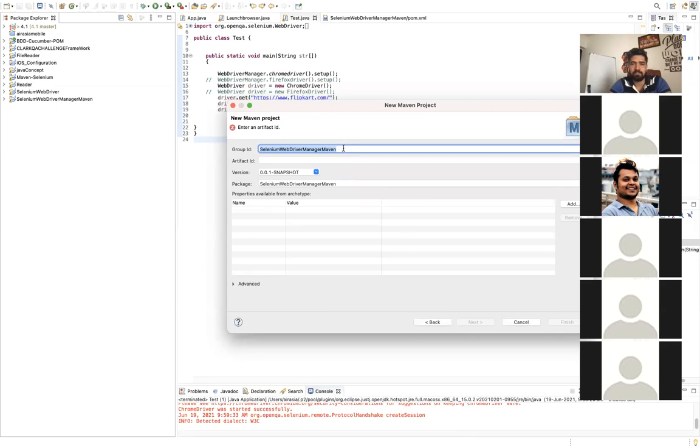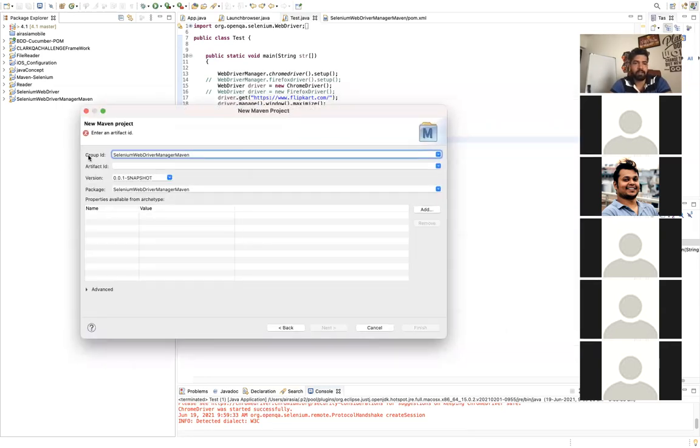After that, you have to declare two things. The first is the group ID of your project, and the second is the artifact ID of your project. You can write anything here. Let's say Selenium Maven project.